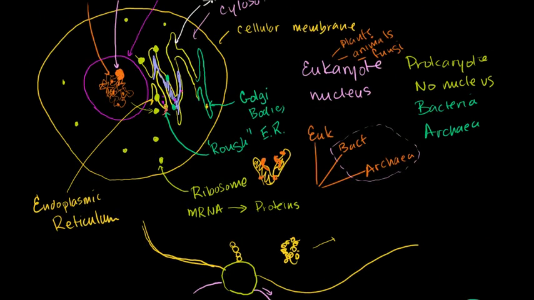So maybe the protein now looks like this. I'm enlarging it. Maybe the protein's there, and then it took a little bit of the Golgi body membrane with it. This is called a vesicle. And this right here, let's add another one right here. I'm just doing that to label it. That's called a vesicle. And a vesicle is really just a very general term for anything, little small things, mostly